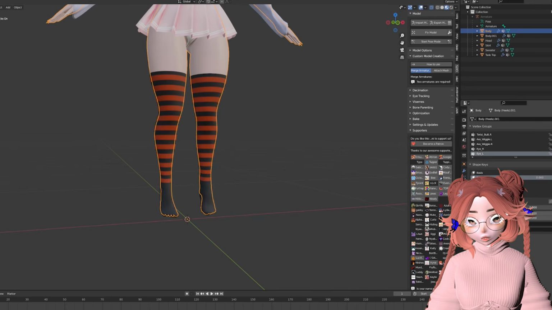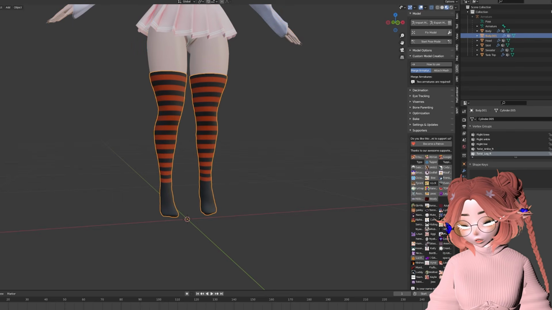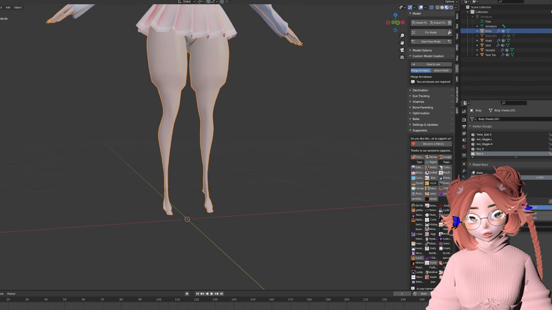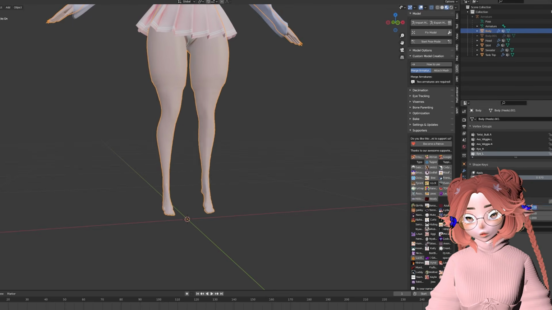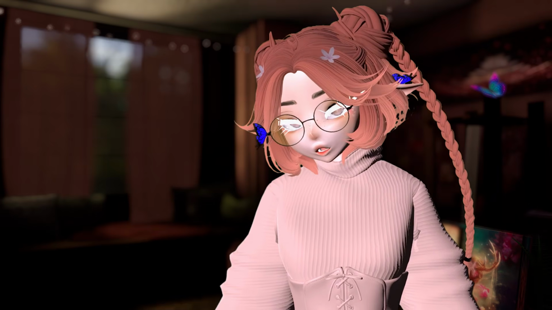Now with swapping the value to 0 and 1, you can see that the legs get heavily morphed underneath the sock. Doesn't matter, you're not going to see it anyway. And that's what will prevent the clipping. If that was too difficult for you, but you do want to use the shape keys, the important part is